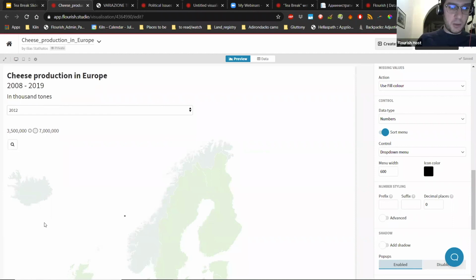Moving on into something a bit more advanced. What happens when our blueprints aren't up for it and you might want to create a map of your own? You can upload your own geographic